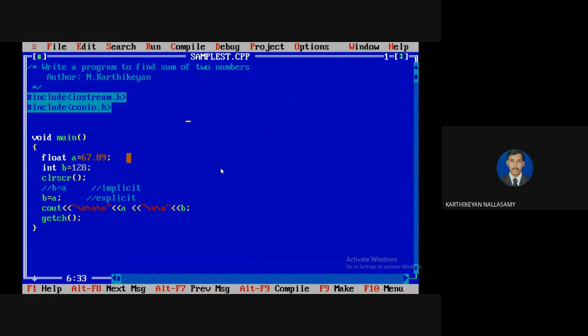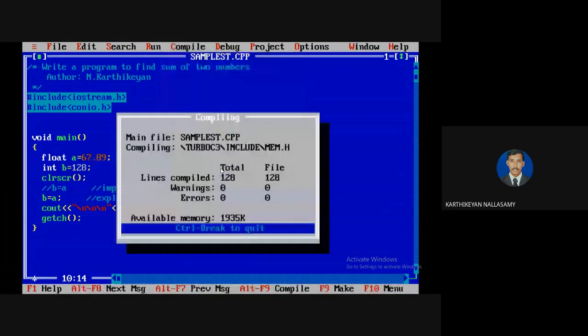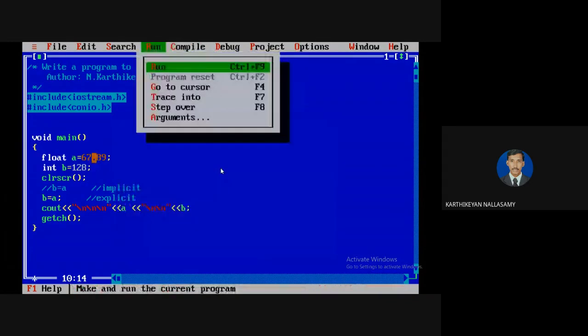So when you are going to assign any value like this, the value must be truncated, especially if you are converting from float to whole number. That is called fractional number to whole number. The loss of information is always after the decimal point, and the values must be truncated. So just compile this and run.